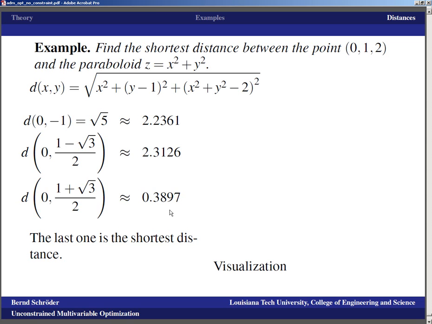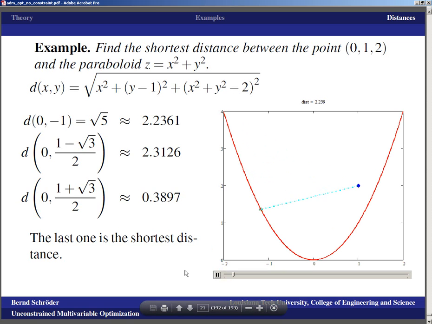And basically, the visualization goes back to what I mentioned earlier on, that this problem actually could be tricked into becoming a one variable problem, and that is because when we are looking at the point 0, 1, 2 and a rotationally symmetric object, and the paraboloid of course is exactly this parabola rotated around the z-axis, right,